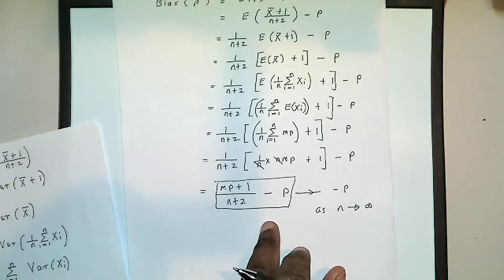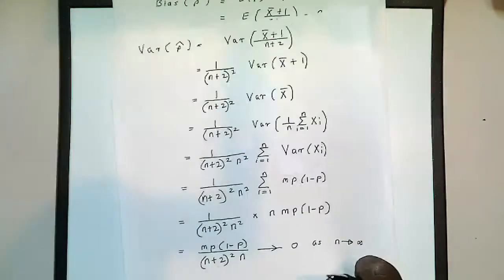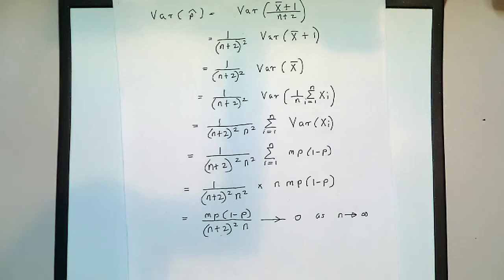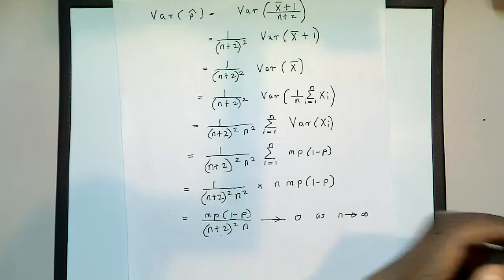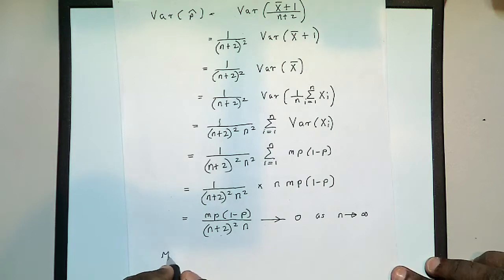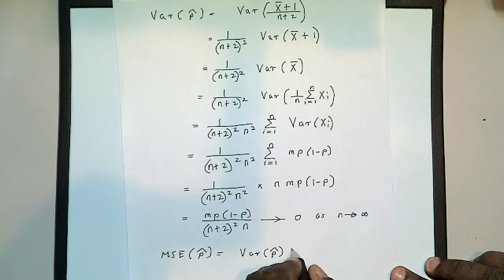In other words, it is a biased estimator, and it's also not consistent, because for an estimator to be consistent, the MSE must approach 0. In this case, MSE cannot approach 0, because if you recall from the stuff we did a couple of weeks ago, the MSE is the sum